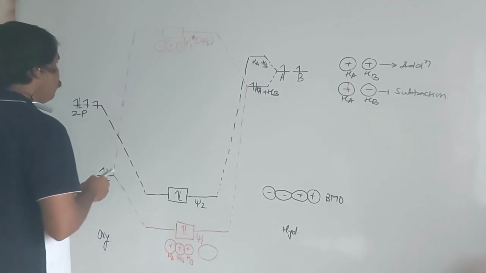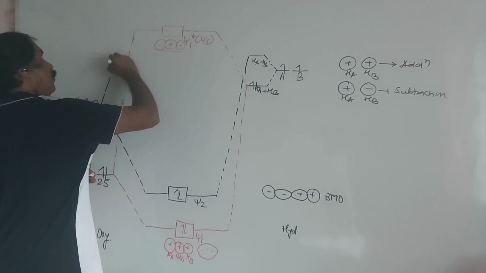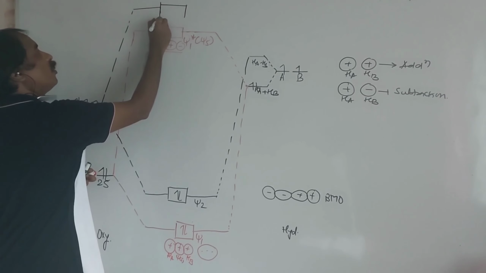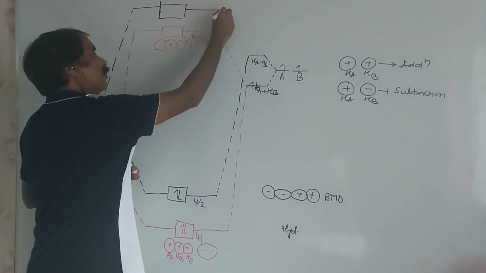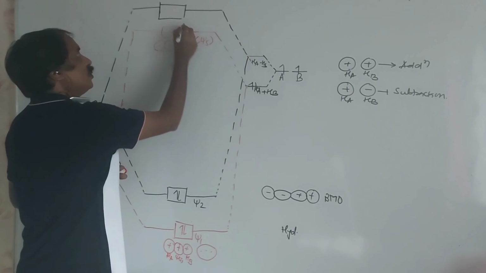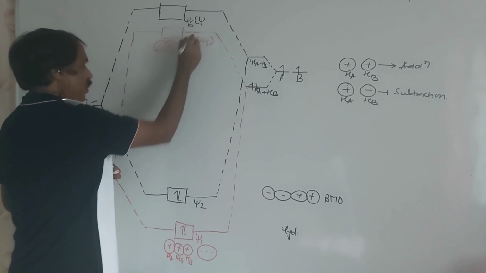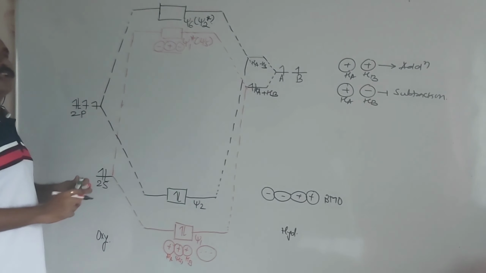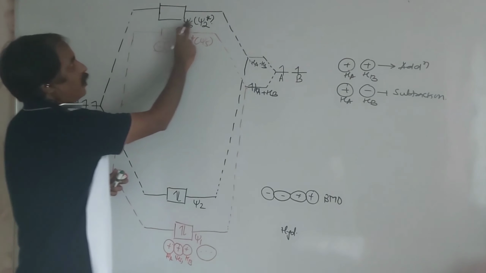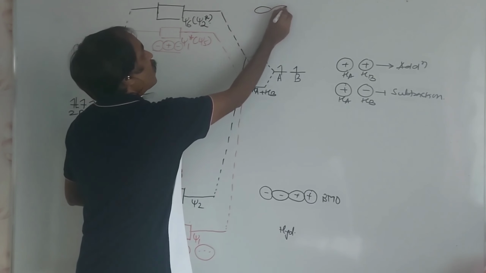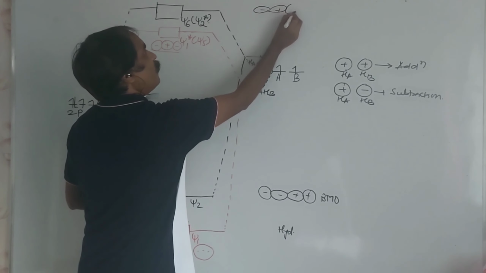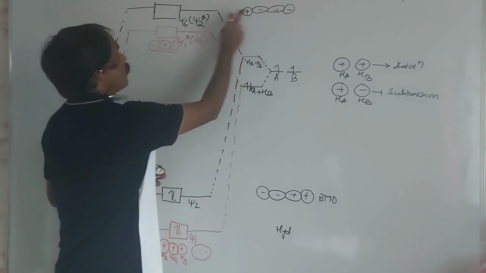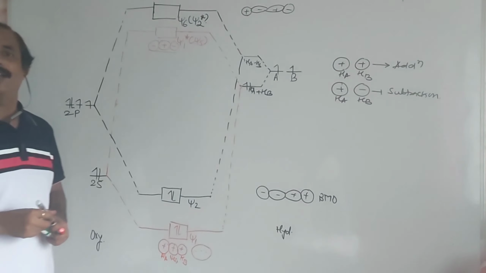Simultaneously there is the formation of the anti-bonding of this. It will be like this. Here it is the anti-bonding molecular orbital. So this is psi6, the anti-bonding of this, we can write psi2 star. That is empty, isn't it? This is px, positive negative, but here I will take negative and here positive. Positive negative, positive negative, subtraction and formation of an anti-bonding molecular orbital.